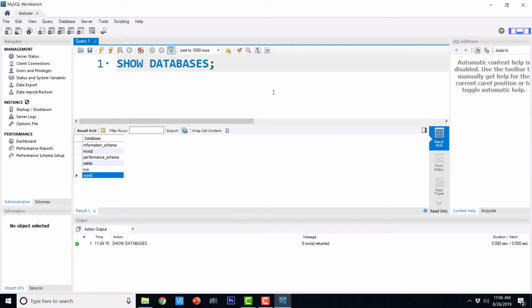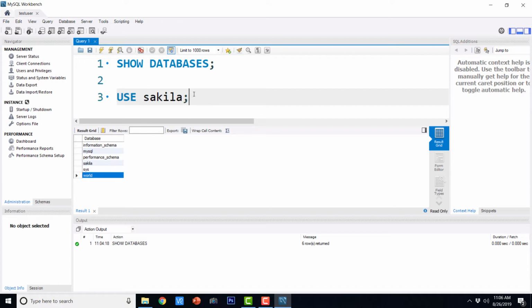Now we are going to use a particular database from this list of databases. So here you can see a database known as Sakila. To use any particular database, just say USE and the name of that particular database. So here I am following the convention. I am going to use uppercase characters for any built-in keyword, and for objects I am going to use lowercase characters. I am planning to use this convention all the time.